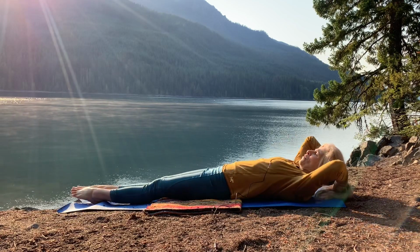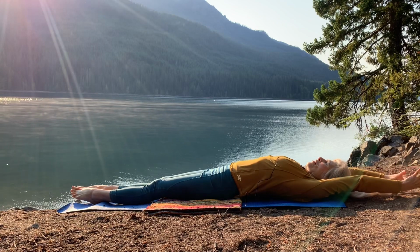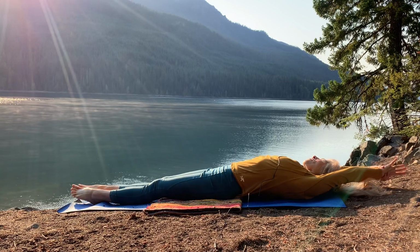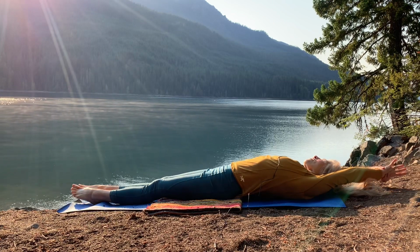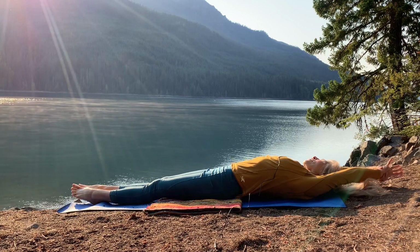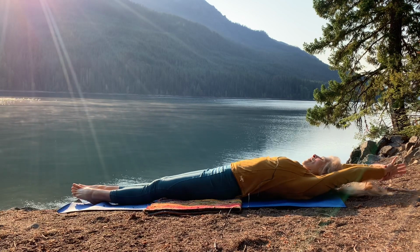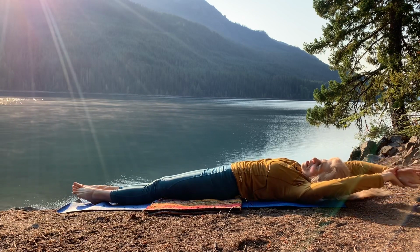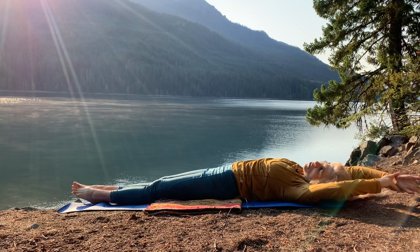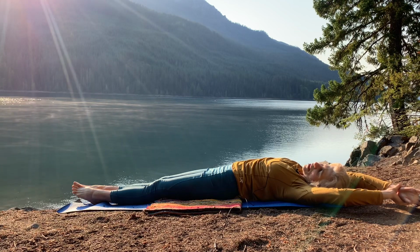And then point through the toes and point through the fingers. And hold on to your right wrist and stretch a little bit towards your left. A little bit of an arc like a crescent moon through your body. And then we'll take that to center and to the other side, a little bit of an arc to the spine, holding on to the left wrist and stretching it up and towards your right, breathing in and breathing out,